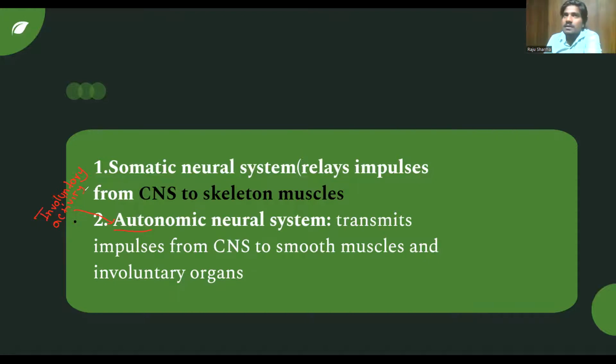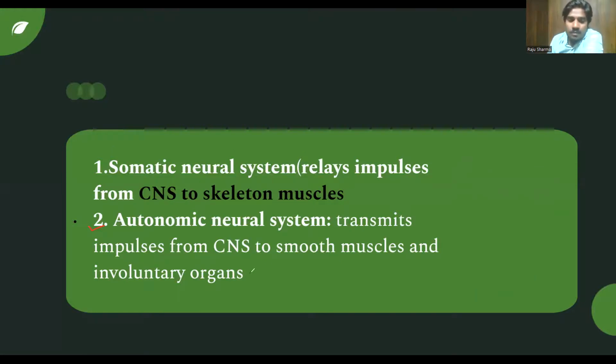Involuntary activity like the breathing, like the digestion of food, the secretion of some kind of juice, like the pancreatic juice, like the opening and the closing of some involuntary sphincter। Like if you see here, anyone remember what is sphincter of Oddi? Yes sir. Okay, where it is present? Exactly, it is present or it guards the opening of the duodenal papilla. So the opening and closing of that sphincter will be controlled by this autonomic nervous system।